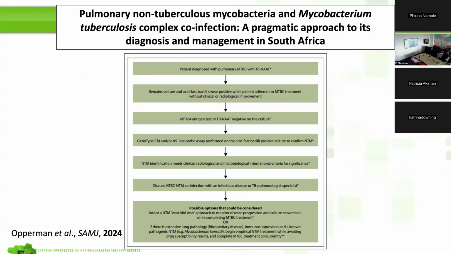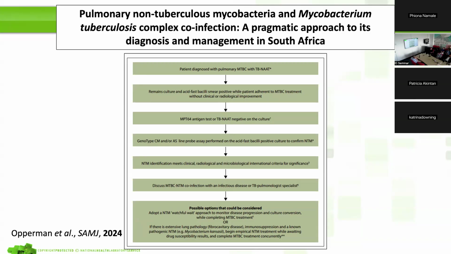So when it comes to having these co-infections, I think a pragmatic approach would probably be to identify the MTB complex as we do with the Xpert MTB/RIF tests. But at the same time, you will have to apply some sort of line probe assay to identify the NTM as well, so the CM and the AS. And when you get to the bottom there, you say, well, if I find both of them, what should I do now? If you look at the international criteria, they do mention them, but there are no clinical trials on it.